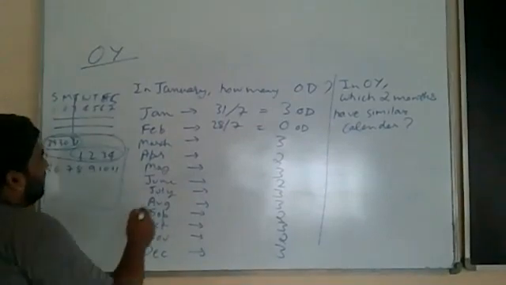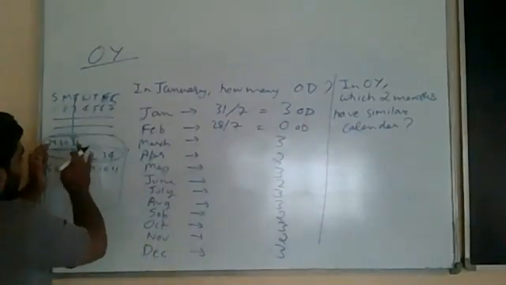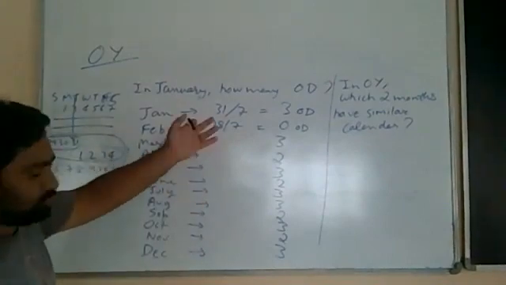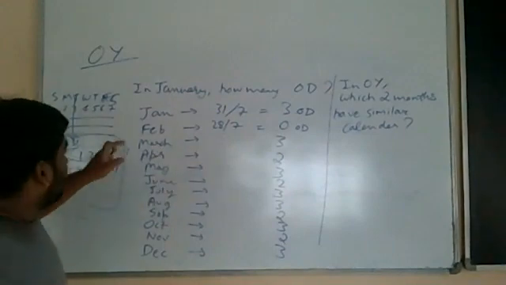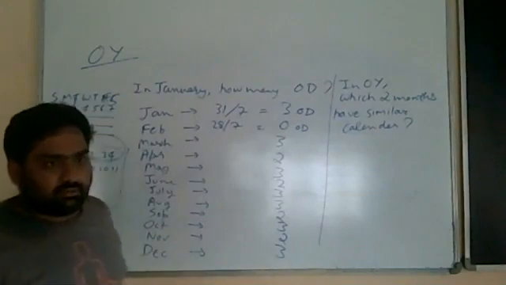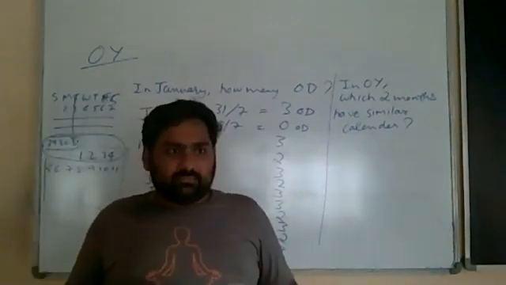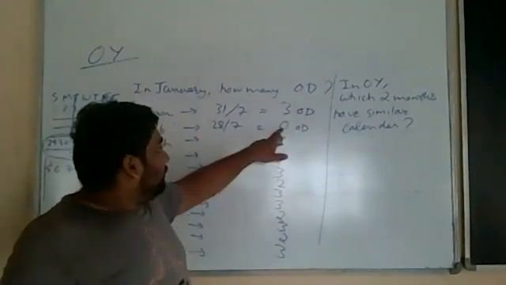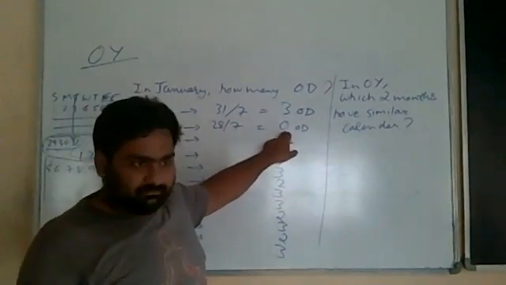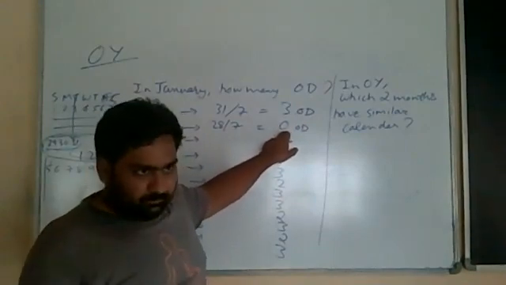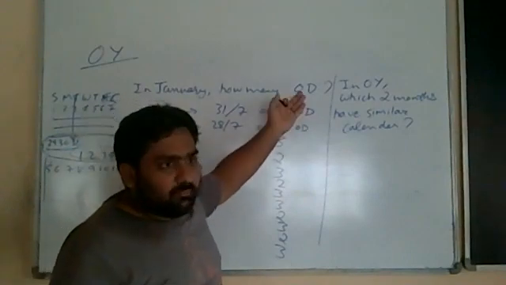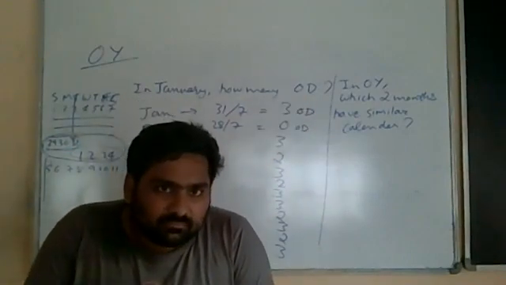If that is true, then in January these 3 odd days are pushed to the next week. If you take only February, then there are 0 odd days, because February has 28 days. But these 3 odd days of January get pushed to the next month. February is not contributing anything more, but February is not reducing anything either. Do you understand this? Yes, sir. So when these 3 odd days are pushed to March, correct?